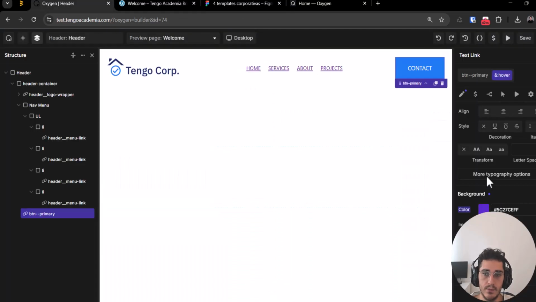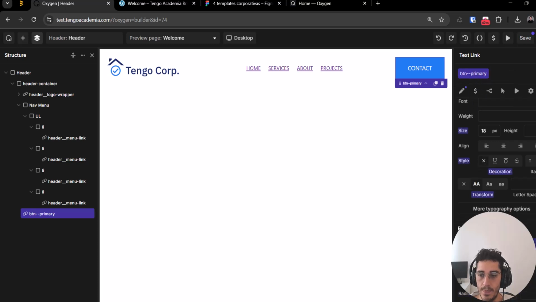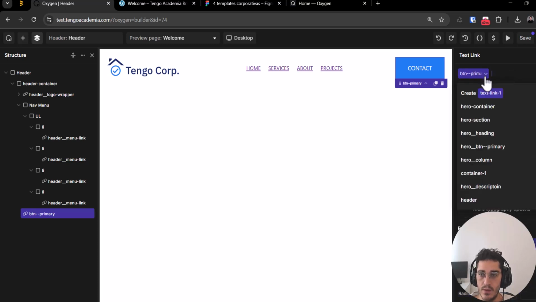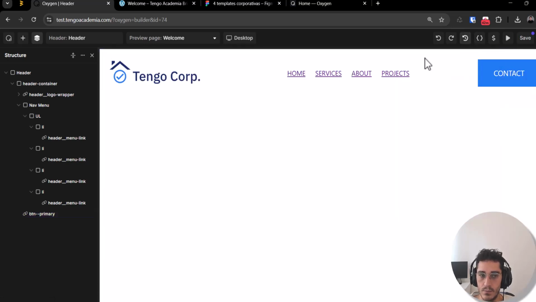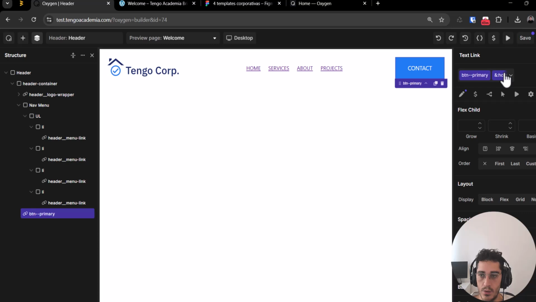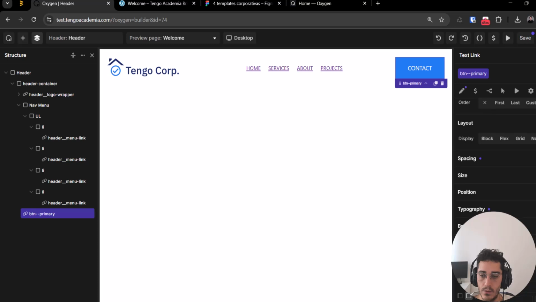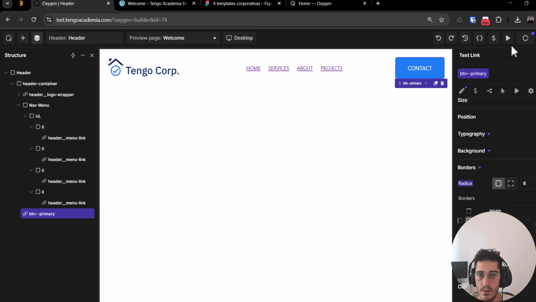Border radius 8. Oh, 8 pixels. No, not in the hover. To go back from the hover state, you need to click on the class. That is the thing you need to do, man. Okay,